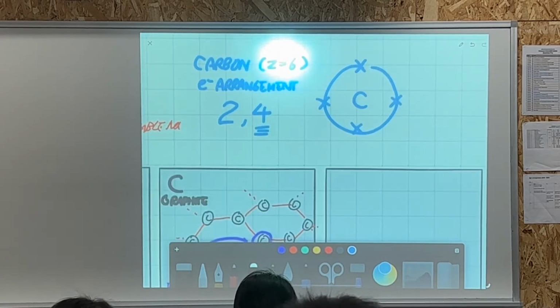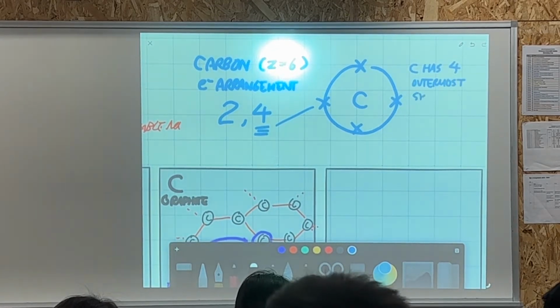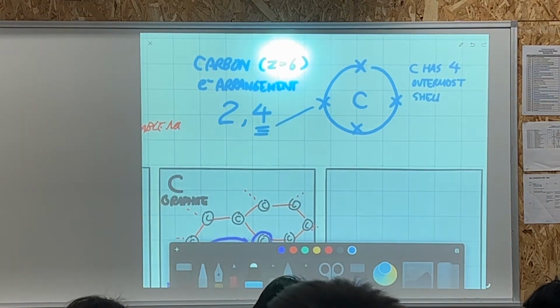Okay, so there are 4 outermost shell electrons. So in diamond, I hope this is not too loud. Okay, so in